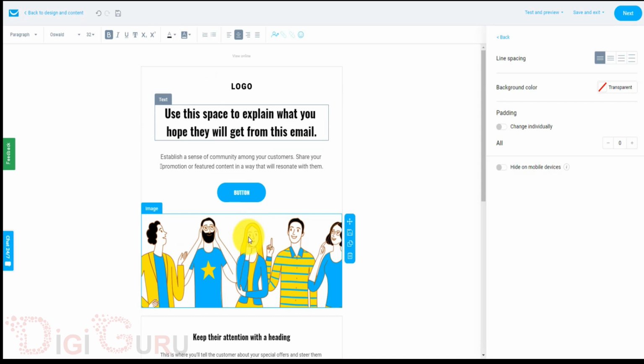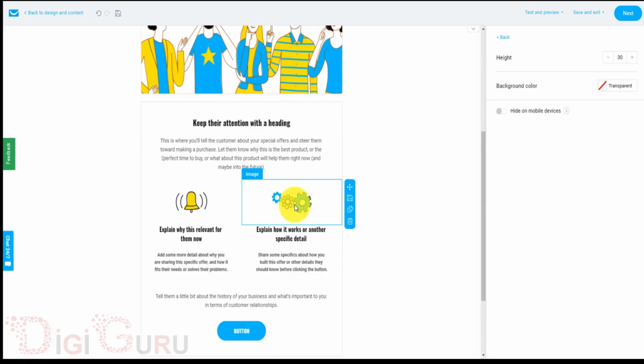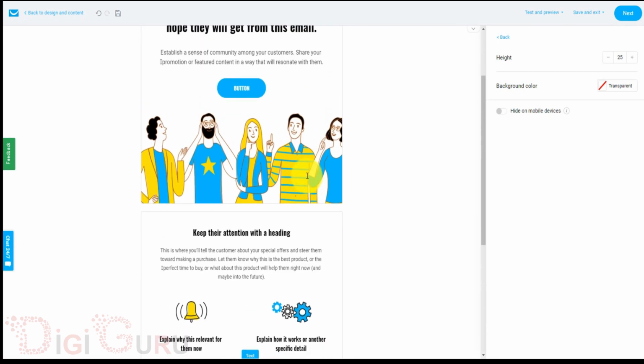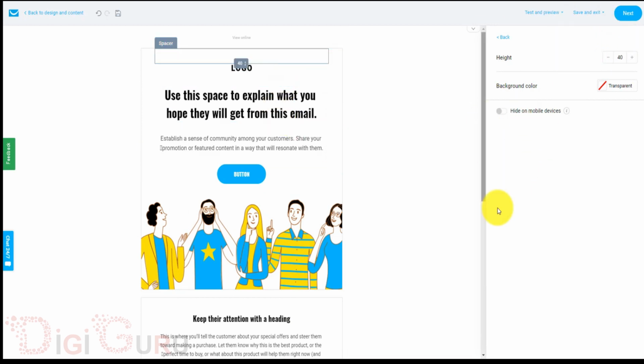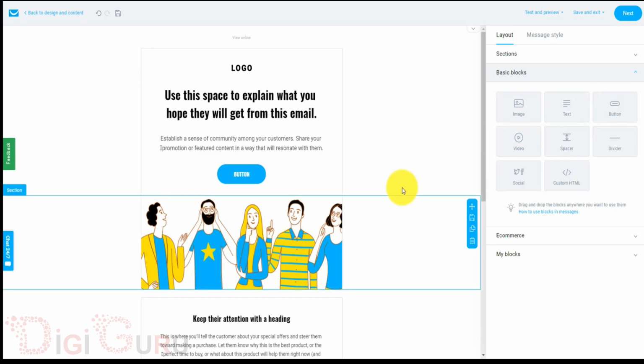Suppose I need to change the images or the button or anything, I can very easily change or edit it from here. In case I want to add certain things, I can even add elements from here. Suppose if I want to add an image or a text or social icons, I can just include it here. I just simply need to